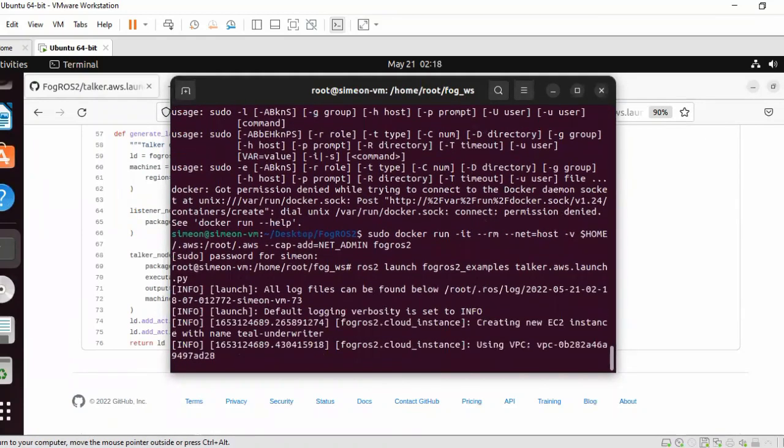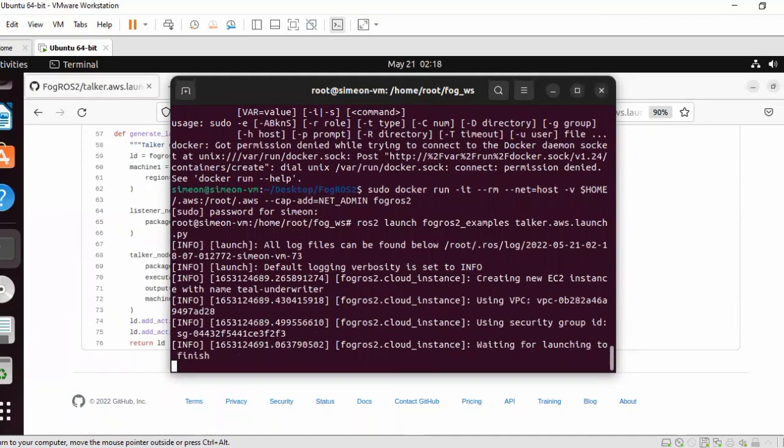This will take a while to complete when you launch the first time. In the interest of keeping this video short, we've sped up the playback. You can see on your screen the various steps being taken by FogROS 2, all listed and discussed in our paper, including connecting to AWS and starting an instance securely,